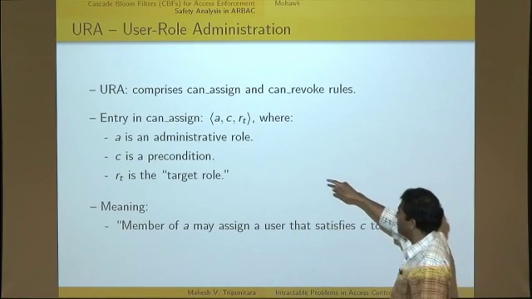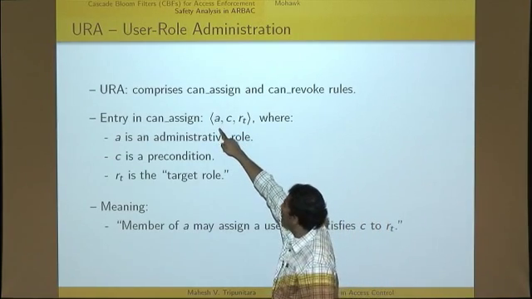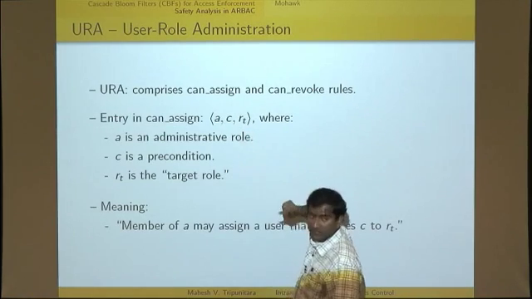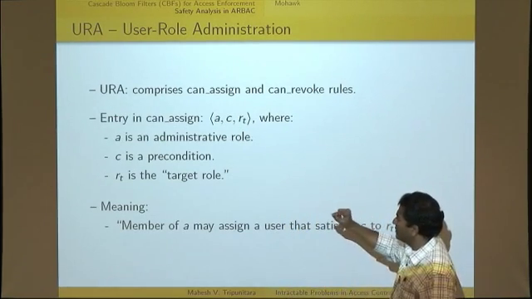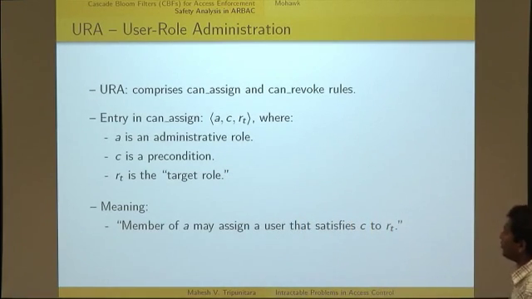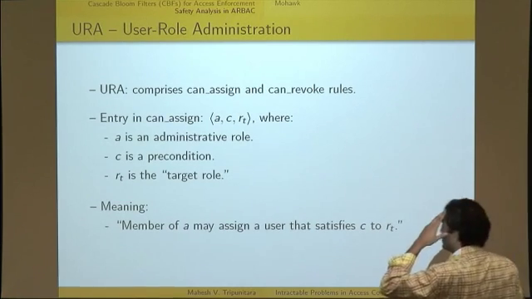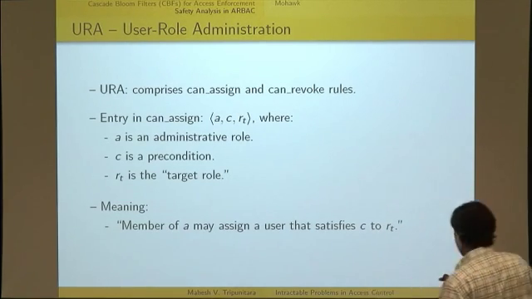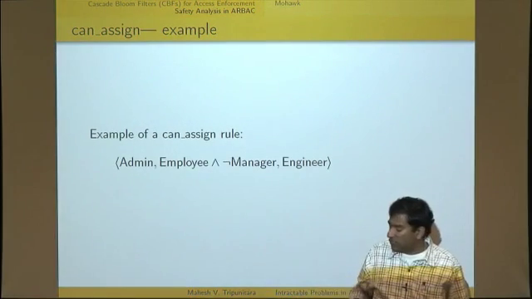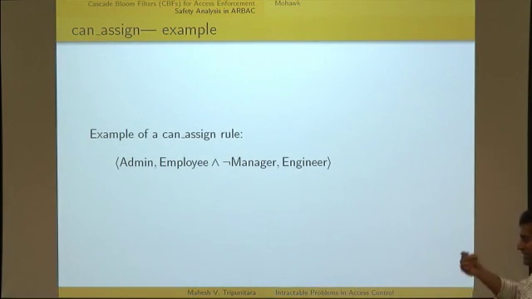So for example, we might put Alice as a member of A, which means that she's authorized to assign anyone to be a member of RT. Now the only additional thing is that we constrain her by putting a precondition. So basically we don't want her to have unfettered authorization to assign users to RT. So what does the C look like? Here I'll do it by example. The C is a sort of propositional expression on existing role memberships of the user that she's